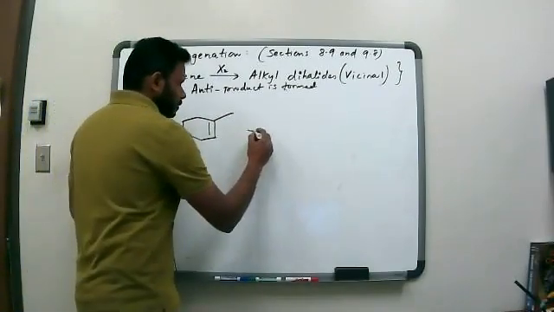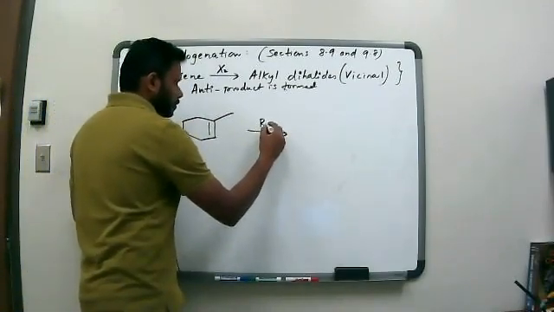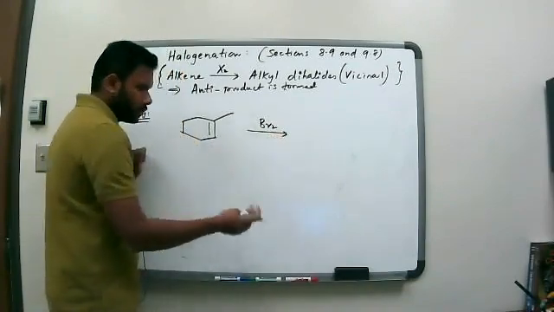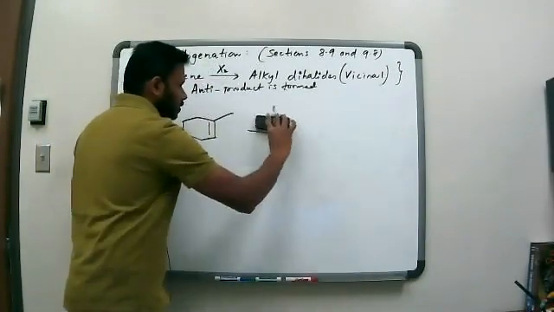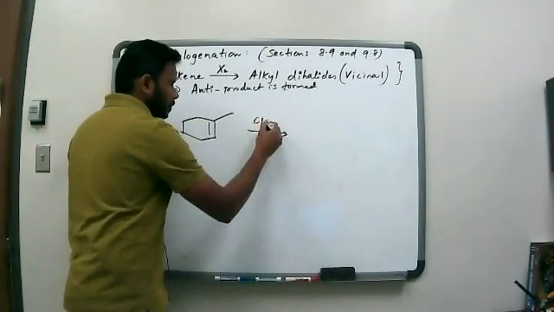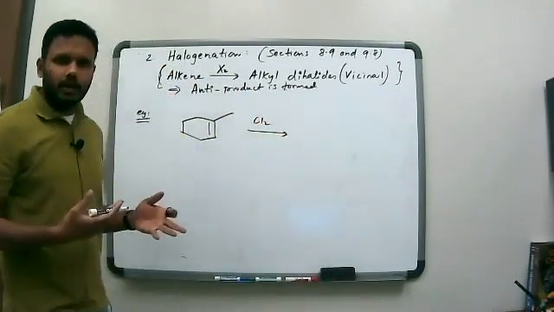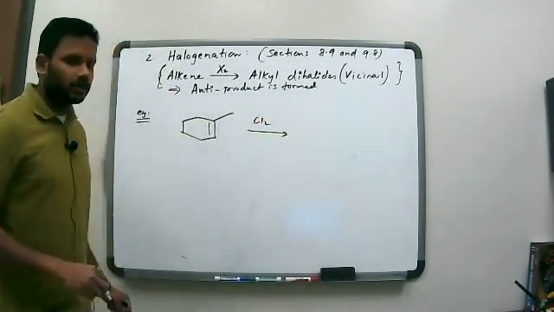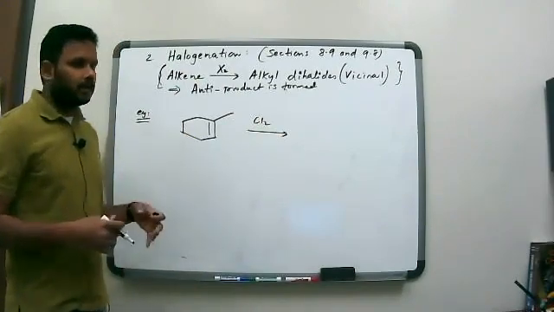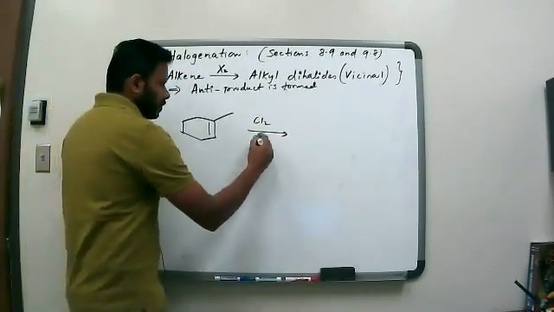Okay, so in this particular case, again, when we do the reaction with bromine, now it does not have to be bromine. Okay, we can do a chlorination. I think brominations and chlorinations are the most common halogenations that are done. People don't do iodinations or fluorinations. Okay, when we do this,